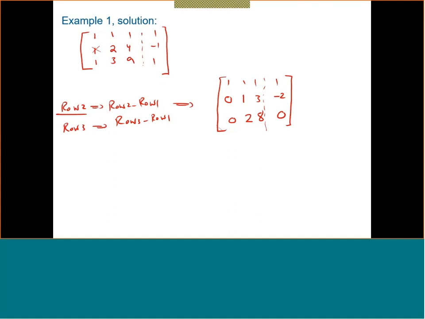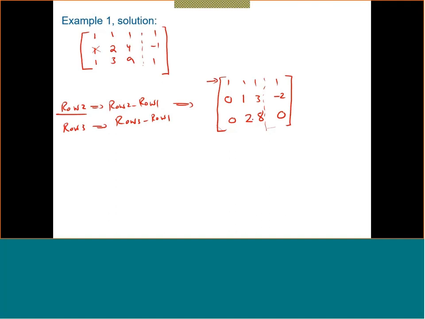So now this job is done. I don't touch it anymore. So now it's between these two. So it's obvious that I need to subtract this from 2 times this to get rid of the 2. So now my matrix will be